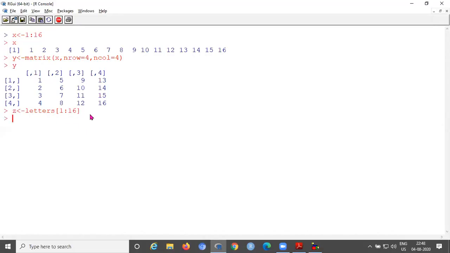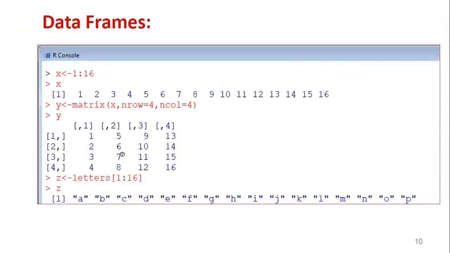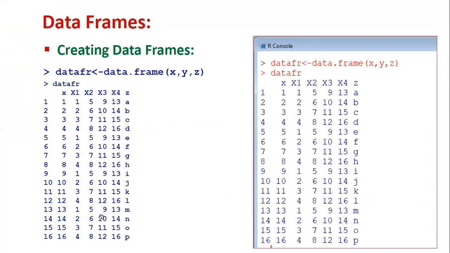Then it displays the 16 lowercase alphabets that are stored in Z. Now X, Y, Z are created. X is a vector, Z is also a vector, and Y is a matrix. So 3 different data vectors are created.